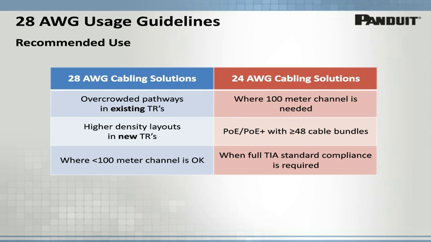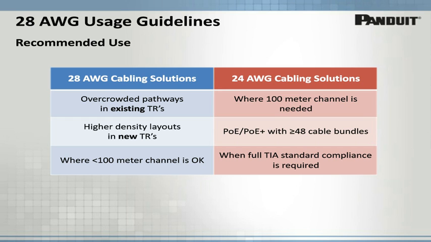So, with these usage guidelines in mind and the advantages that we looked at, here is where we recommend that 28-gauge cabling solutions be used as compared to 24-gauge cabling. Looking on the left, whenever you're looking for relief from overcrowded pathways, such as in an existing application, or need a higher density layout, for example, working in new configurations or a desired new layout, and where a channel length slightly less than 100 meters is okay, 28-gauge cabling solutions are